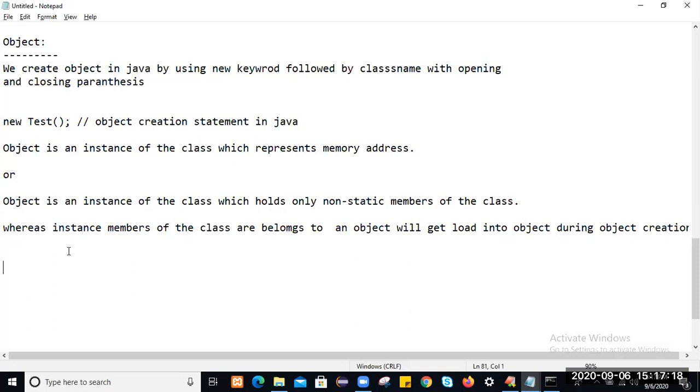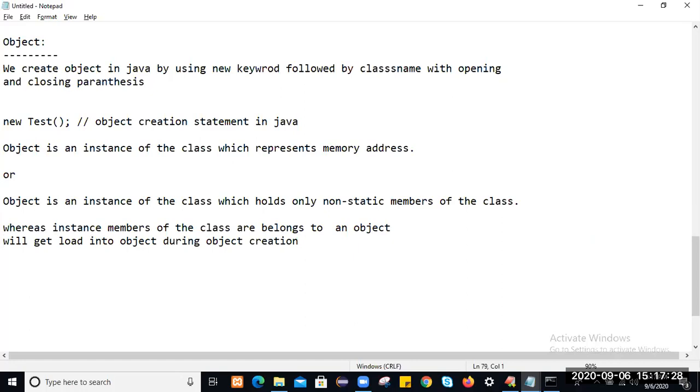Whereas instance members of the class belong to an object and will get loaded into object memory during object creation.